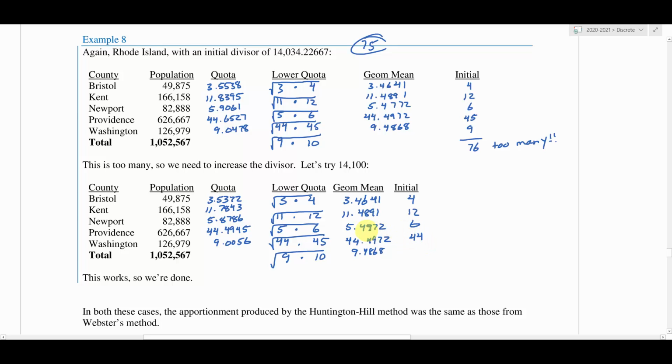There we go. That would have been bad. I would have rounded up. Probably got that whole thing wrong. All right, and then 90056. 0056 is less than, so this will stay at 9. And then we got to go through and add these up. And if we do, we will get 75, which is exactly what we needed. So this becomes the modified divisor that we use for the Huntington-Hill method, and this becomes my final apportionment for